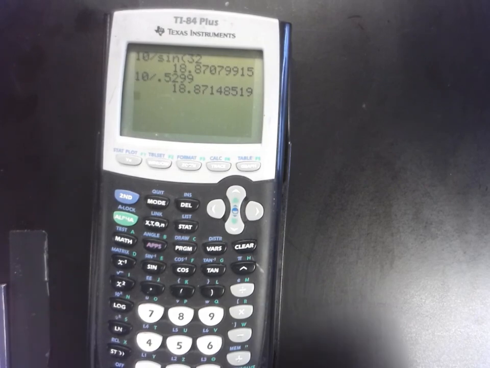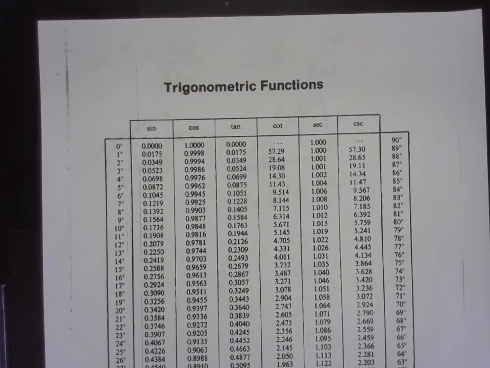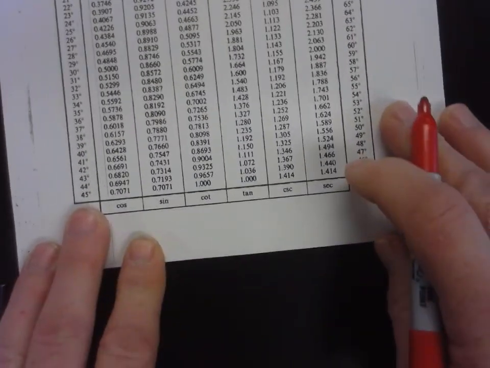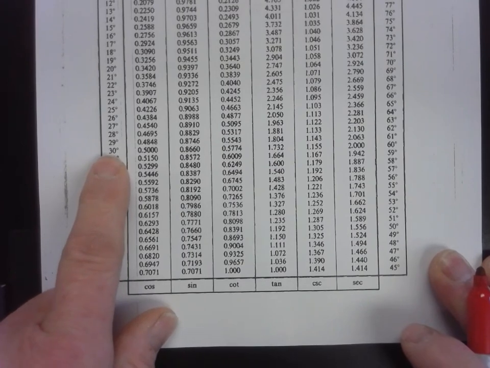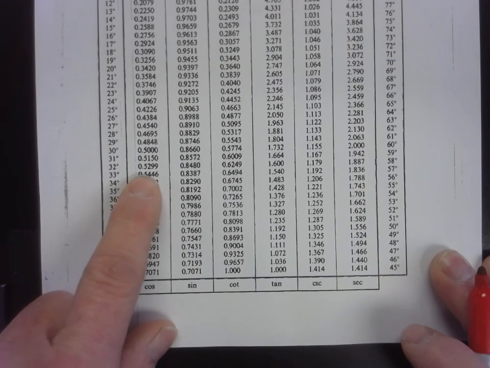So if you wanted to, you could use these trig tables to figure out missing angles and everything, as long as all your angles are whole number angles. What would happen if the angle was 32.5 degrees? I guess we could kind of go halfway in between here, right? What if it's